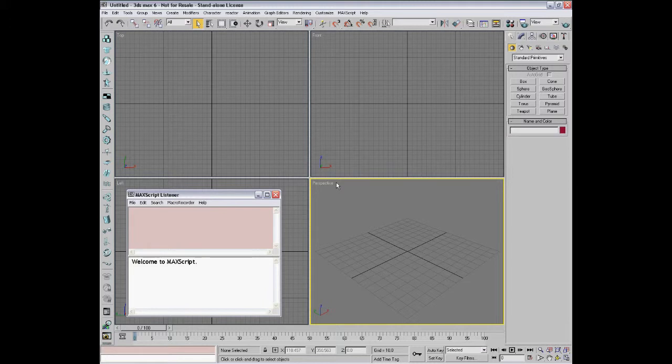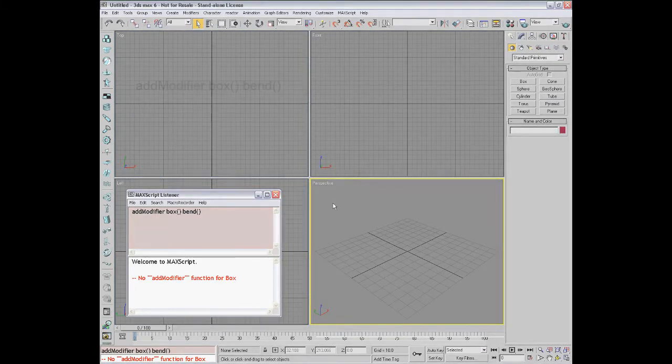Let's say, for example, that we want to add the modifier to a box without having to use variables. We can create both the box and the modifier on the fly in the add modifier function as follows. Let's say add modifier box band. Let's run it. It fails. There is a logical reason for that, and this is where we'll have to analyze how the evaluation